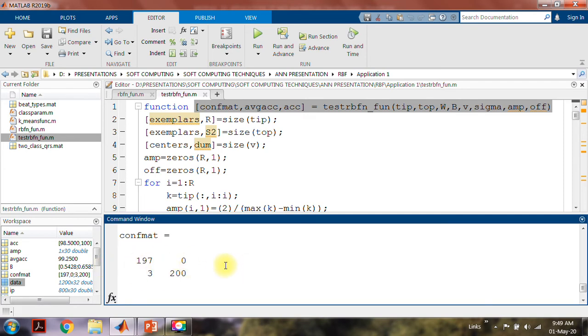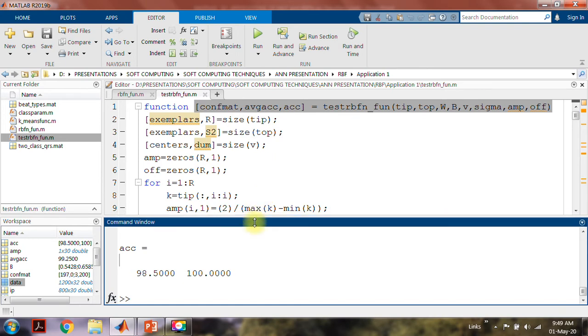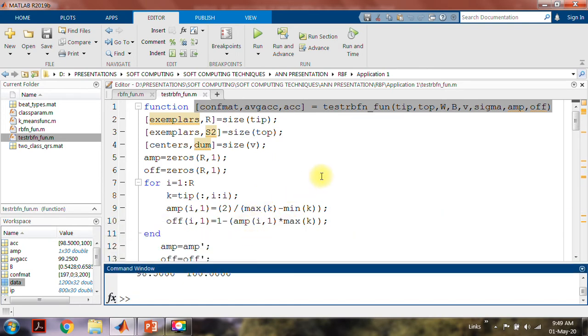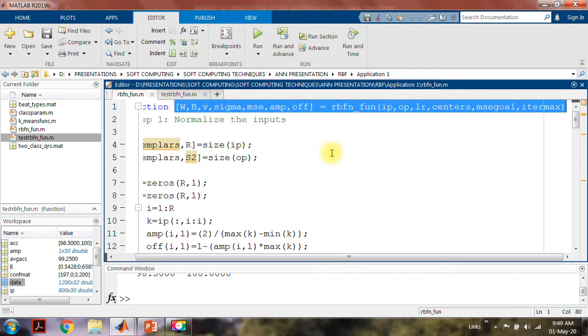You can see that the performance is quite good, 197 out of 200, 200 out of 200. So 100% accuracy for the abnormal case over here. So average accuracy though it's exactly the same as that of the MLP. Okay, so you can see that both the solutions are valid, both the approaches are valid for this type of data.